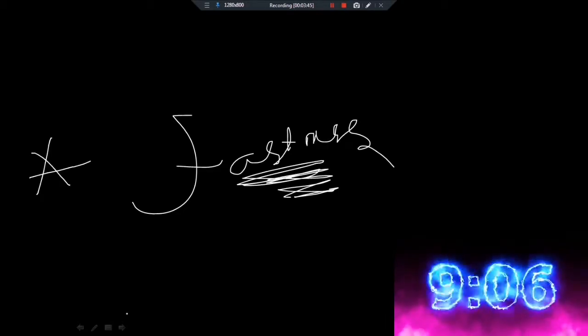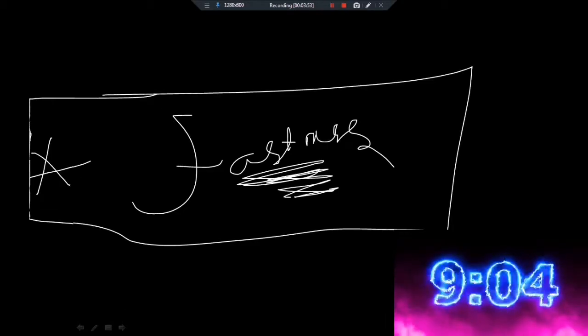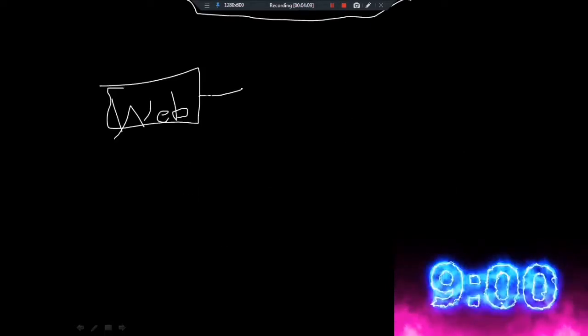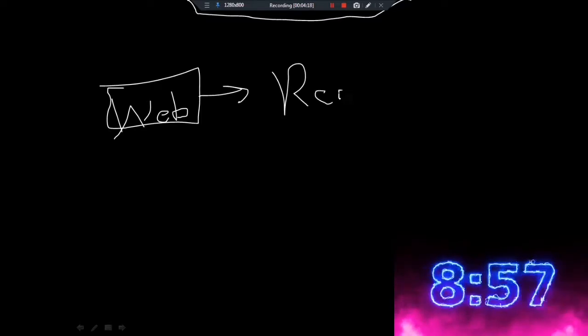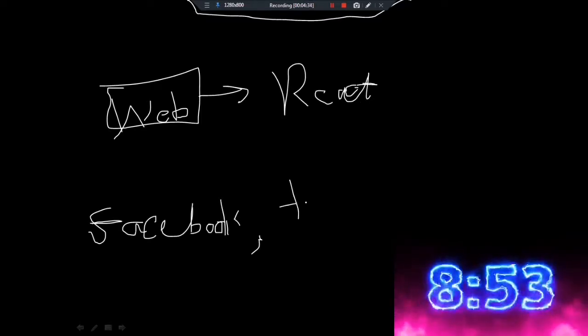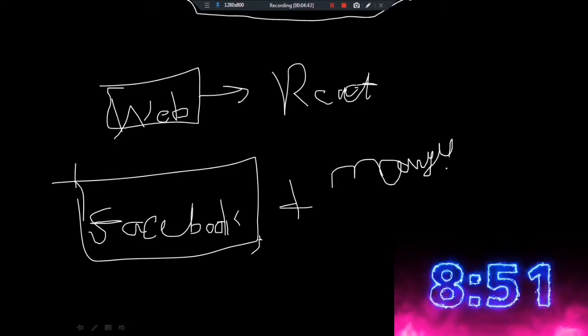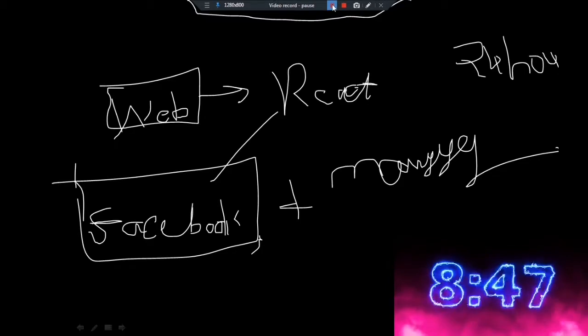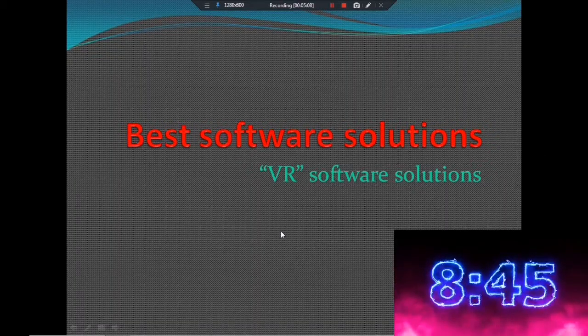React.js is so popular because it's fast, especially on the web, and it's built by Facebook. So many applications use React.js.